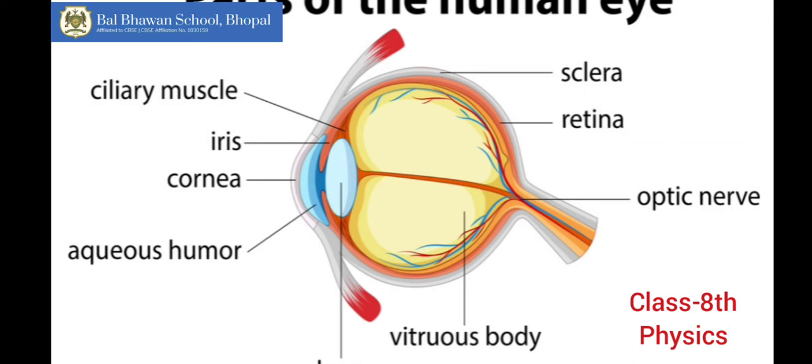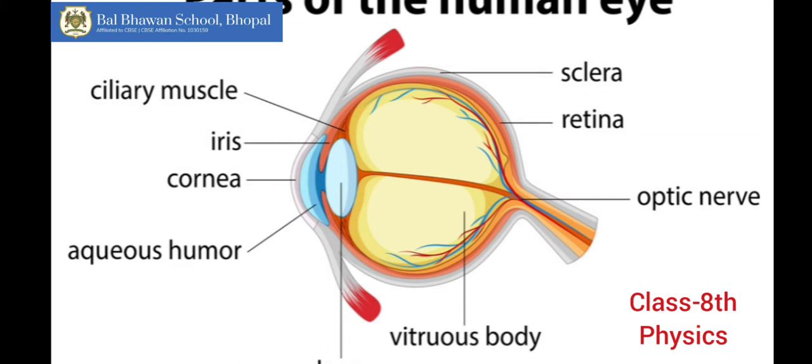You can see in this diagram, the front portion of the eye is the cornea. The cornea is a transparent part which allows all the light to enter. After the cornea, the whole of the eyeball is covered by a whitish protective layer called the sclera. The second layer after the sclera is a grayish layer made up of grayish tissues called the choroid. This choroid helps in absorbing all the extra reflection of light.